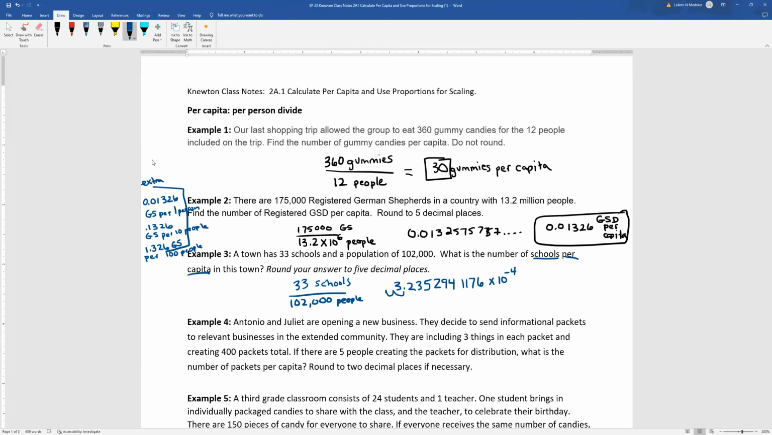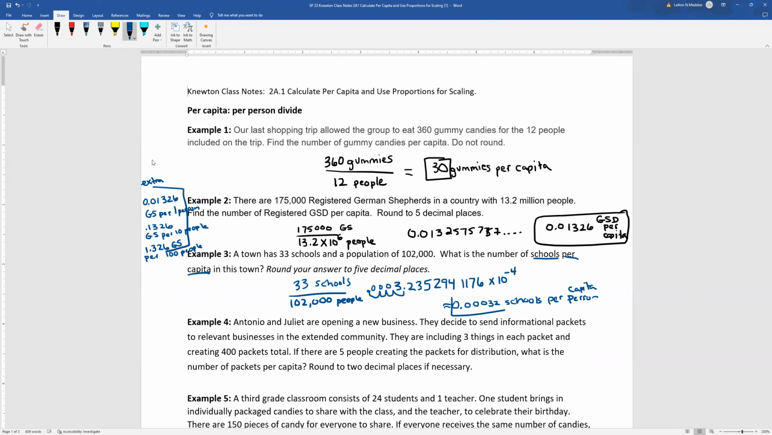So 1, 2, 3, 4, put our zeros in there, and then we're going to round to 5 decimal places. So that'll be 0.0003, and that 2 is in the 5th spot, a 3 behind it, so it's going to stay a 2. So 0.00032 schools per person, which again, or per capita,